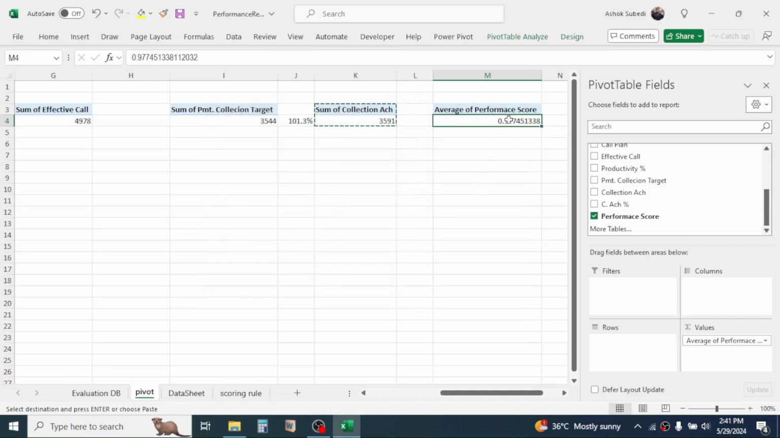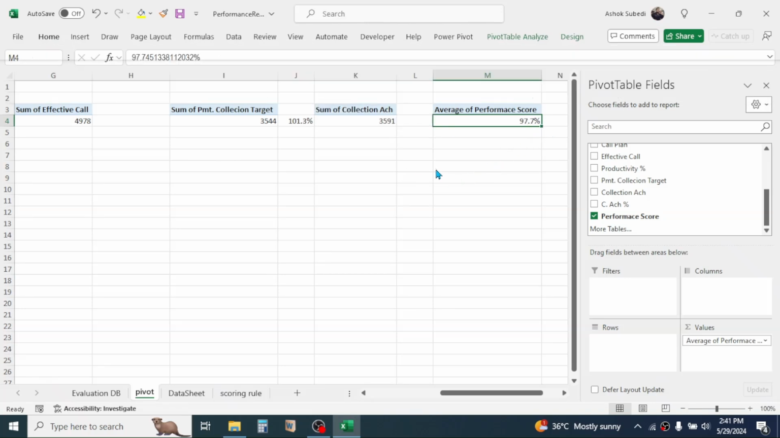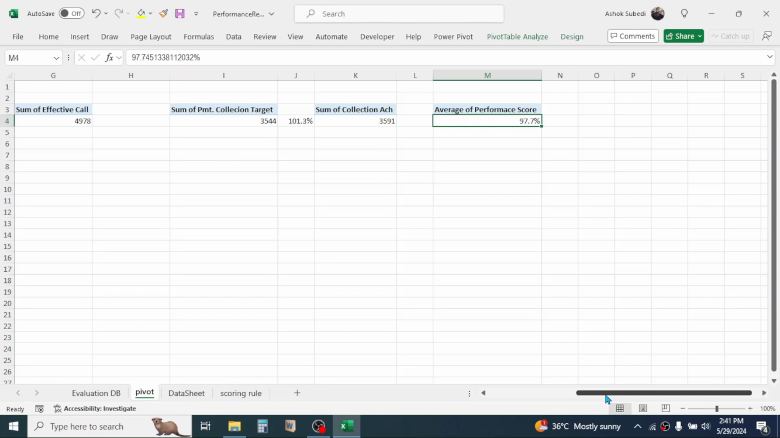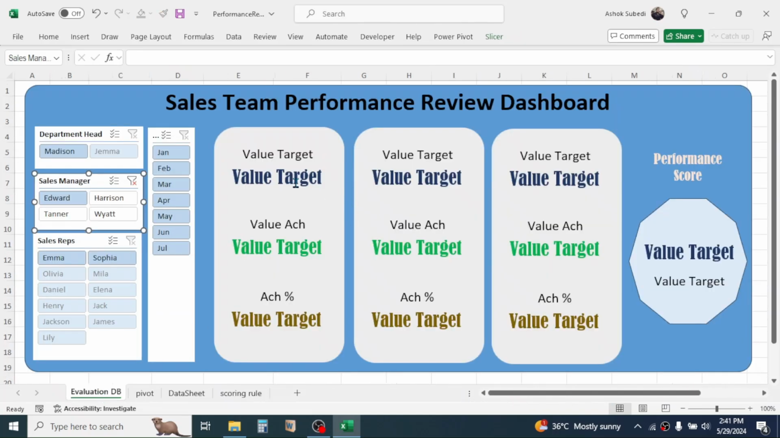Now convert this into percentage formatting by clicking on the home tab, then percentage, then click on increase decimal by 1 point. Now after getting these pivot table reports here, we have to link these values to the dashboard sheet. So here in the value target, click on the text box, then click on the border of the text